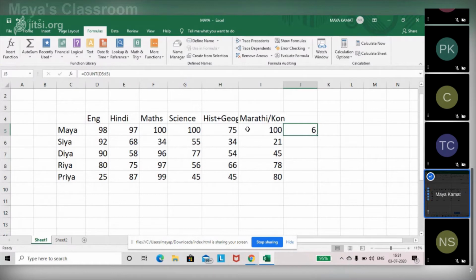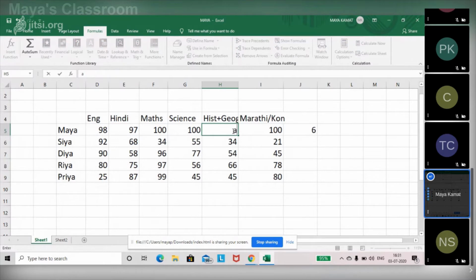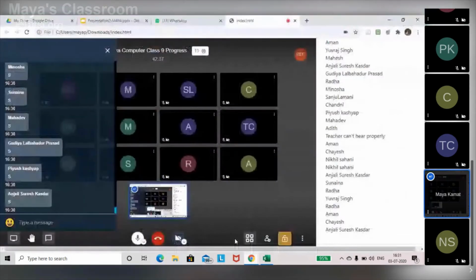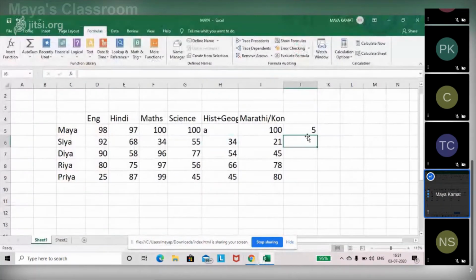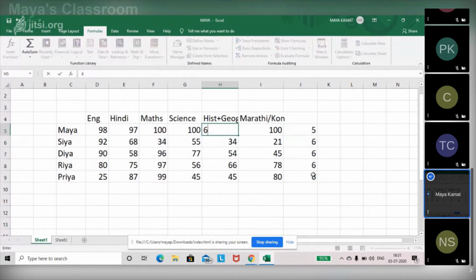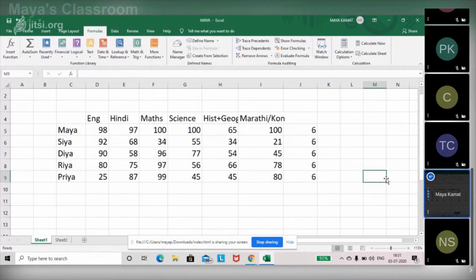It's correct. Now, what if by mistake I have put an A over here instead of putting the marks? Does it change? Yes, it does. Have you all noticed it? Quick reply in the chat box, please. Okay. Similarly, when I pull it out, it will calculate it for the rest of the cells also, and the corresponding range is taken, D6 to I6. Can you see it here? Now, again, I'm changing it to some marks here, and see the change. It will automatically update itself.